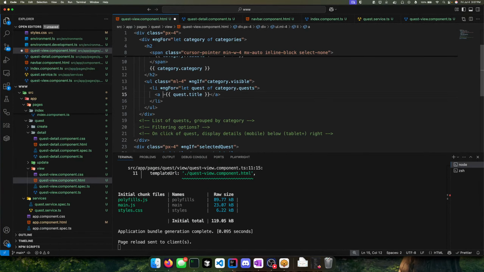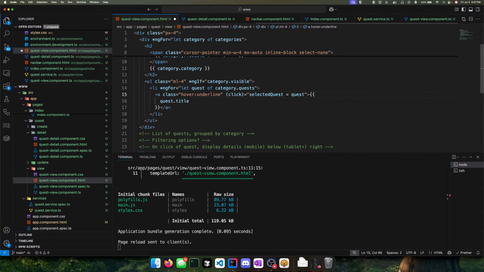Okay, and then very easy, pick equals over underline. Okay,